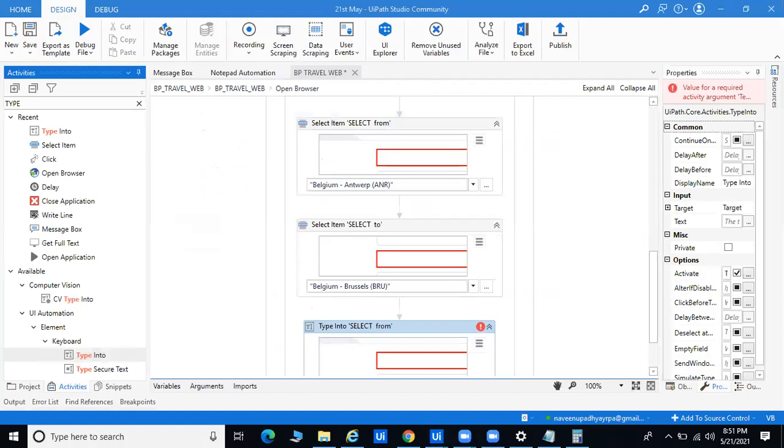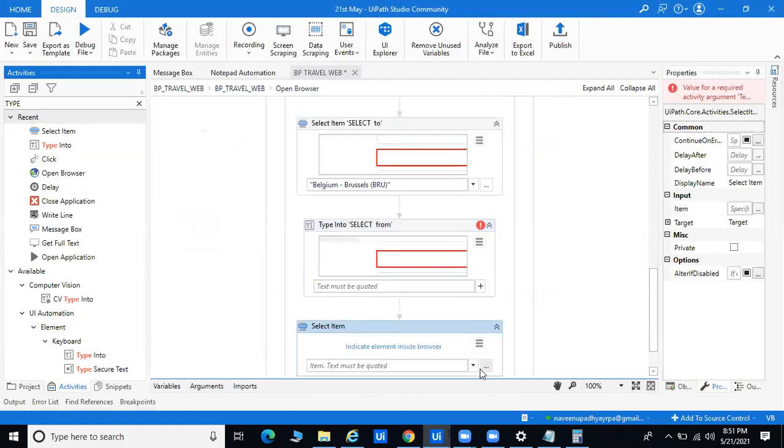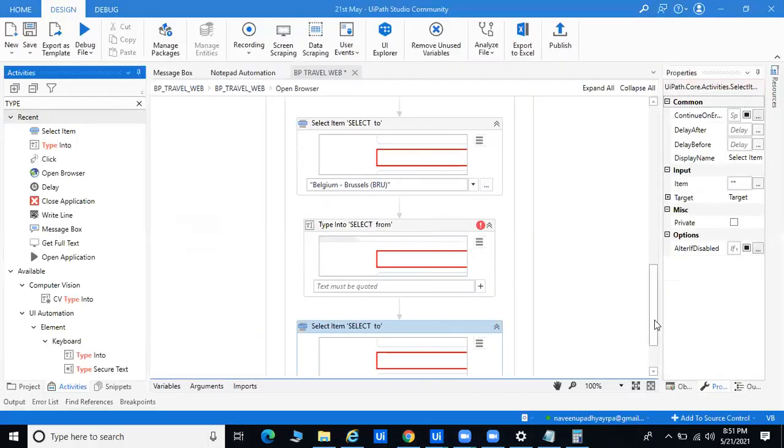This is your from, this is your to, and we can go for it. Again, I will take the select icon and go for the drop down. And the departure date we'll try to pass.